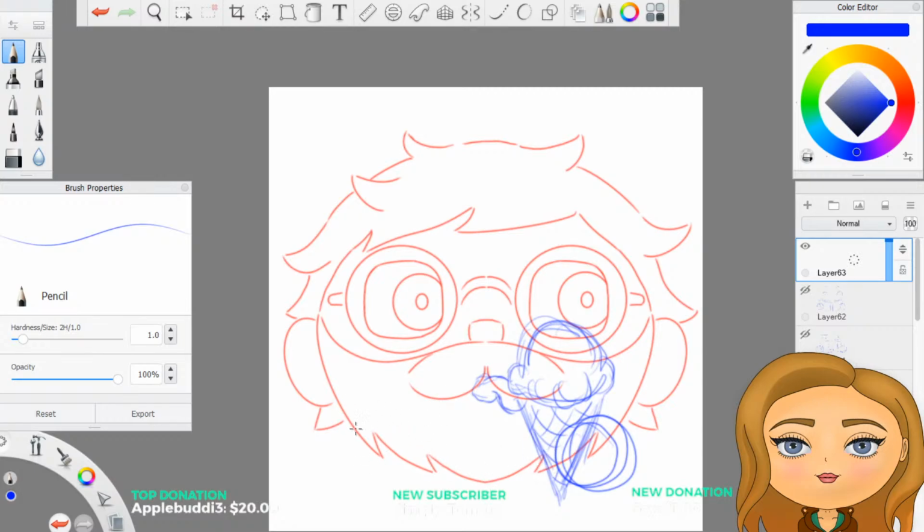Do ice cream in one hand and then a donut in the other. Actually like the dipped donuts they have in Animal Crossing, where one side is dipped. Have a bite taken out of it.